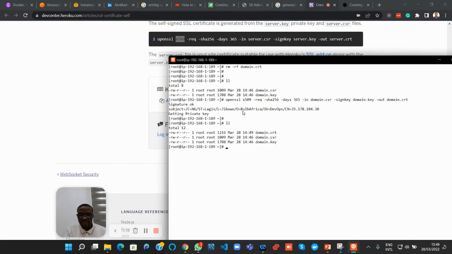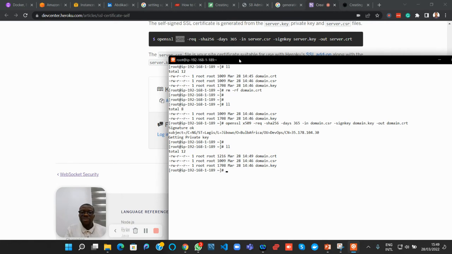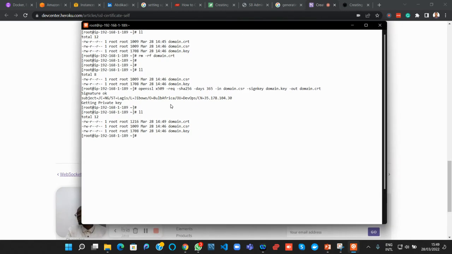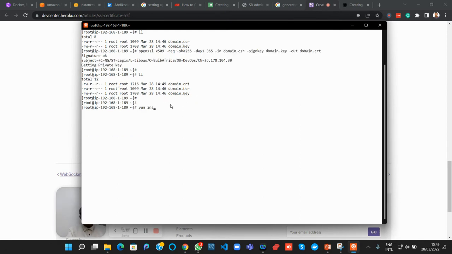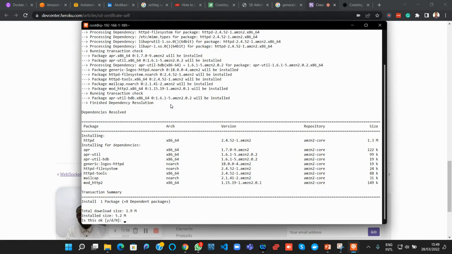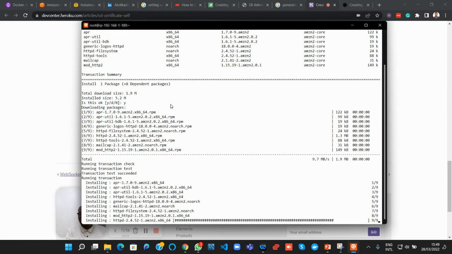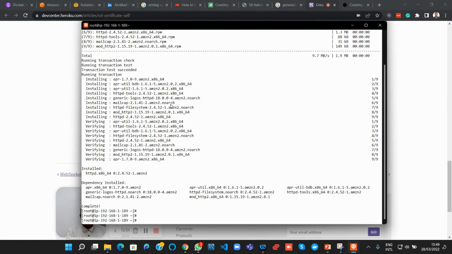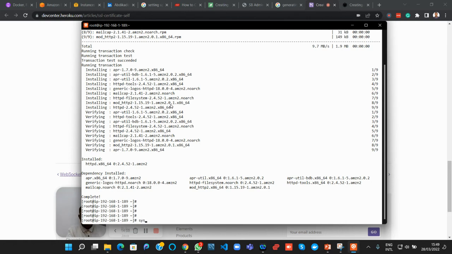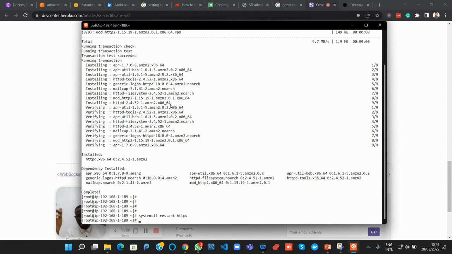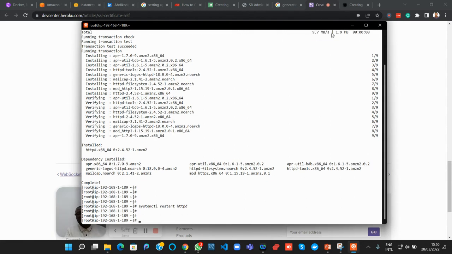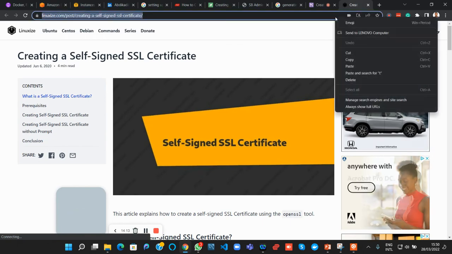So the next step now, I don't have Apache installed on this machine. I want to install Apache. I'll say yum install httpd. All right, install. I need to start the service, right? systemctl start httpd. So far, if I come here now and check my website,